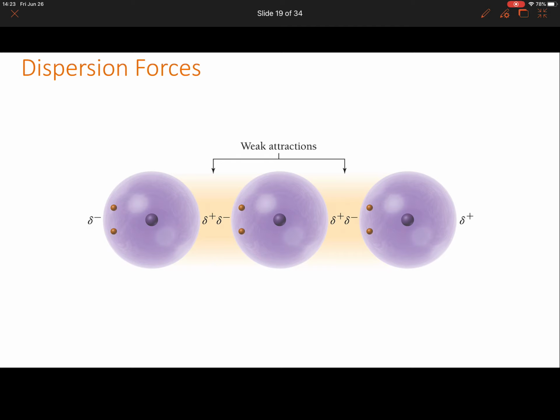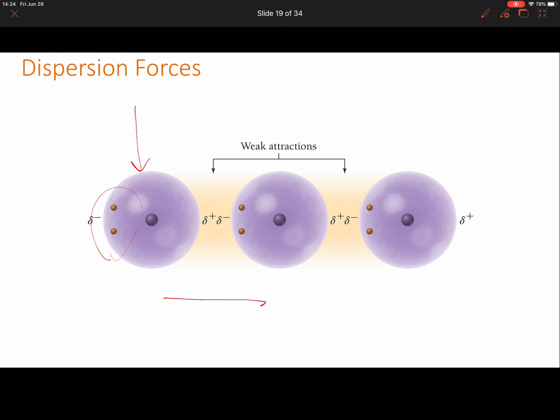And the fact that they can make each other do this leads to these little chain reactions of instantaneous dipoles forming. And this is what the dispersion force is. It's neighboring atoms that have instantaneous dipoles that are attracting each other. So let's say this guy started it all by having some negatives on one side, but got too close to